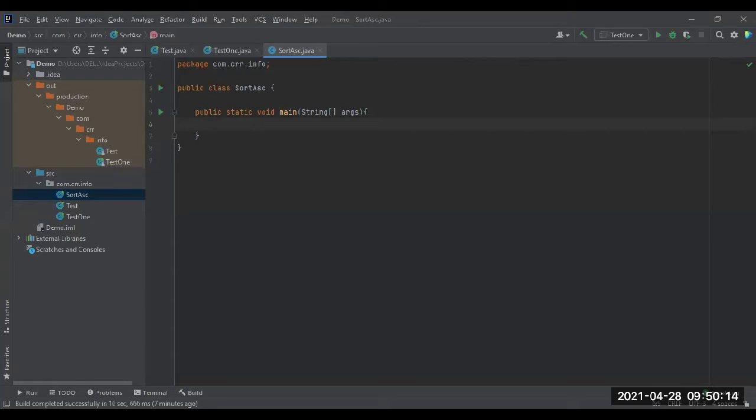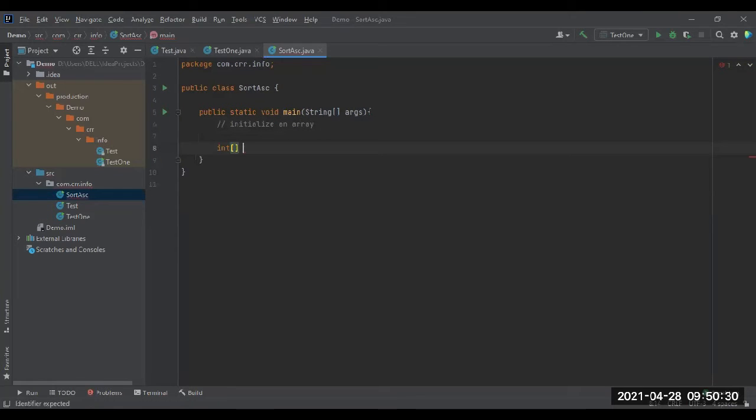First of all, we are going to initialize an array. So we are going to take int, then closed braces, and the name of the array, a.